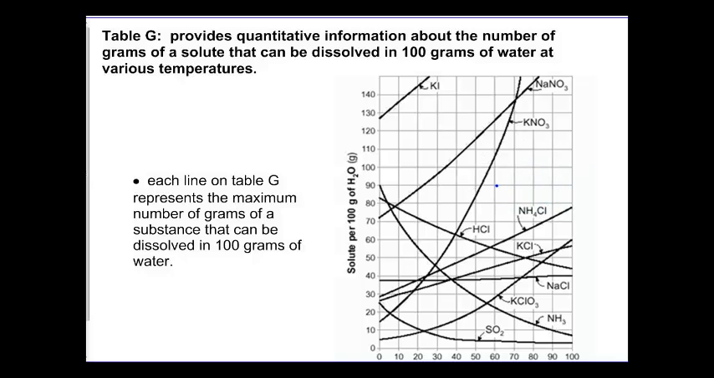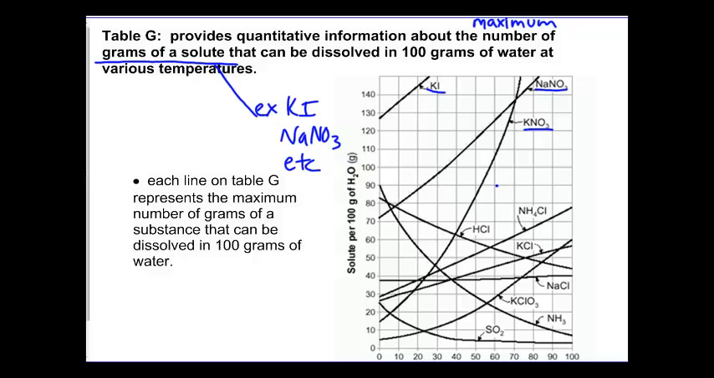And this here is what table G looks like. Okay? And what table G shows us is the amount of solute, right? The number of grams of solute. And notice it has a bunch of different solutes, right? Like KI and NaNO3, those are all your solutes. All of these are solutes. So it tells us the maximum number of grams. It's always the maximum